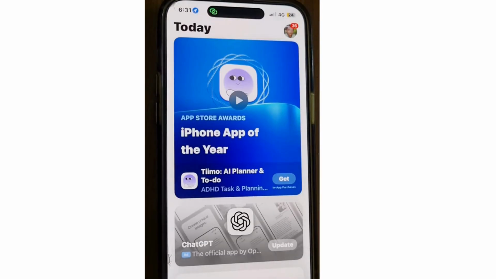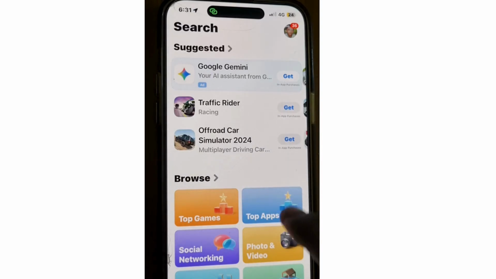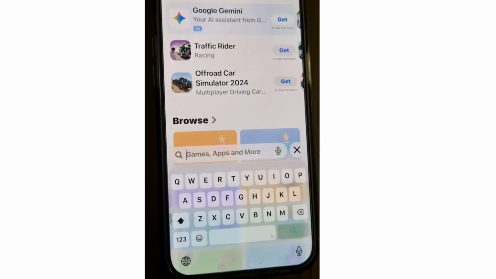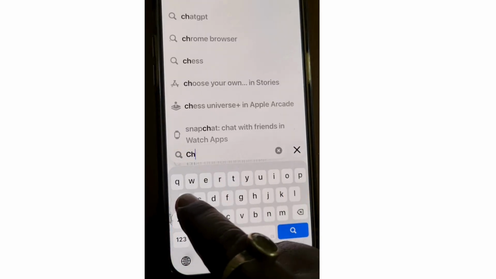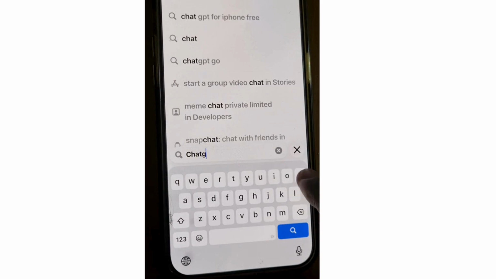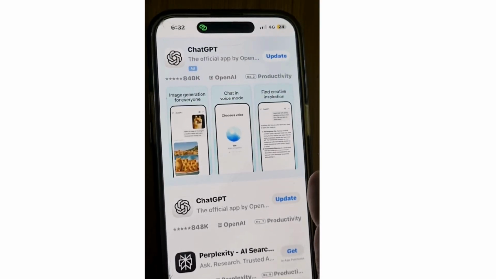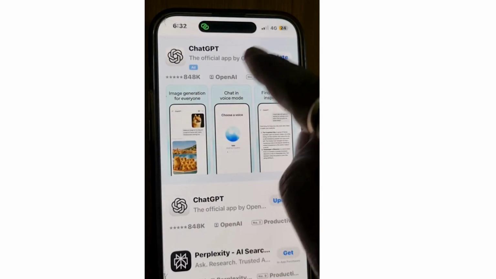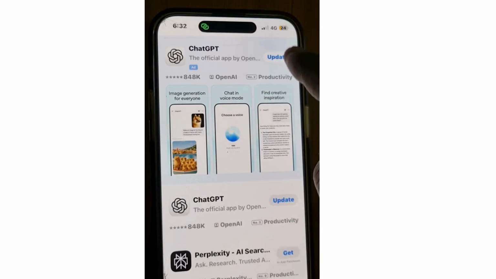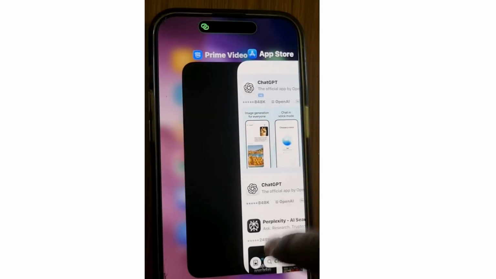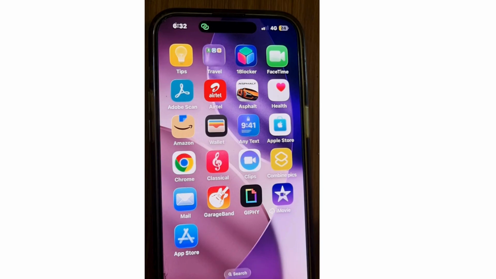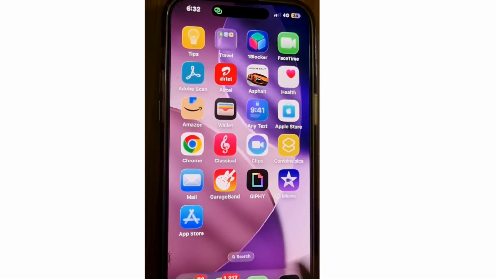Here, go to the App Store and first download the ChatGPT app on your iPhone. Simply look for ChatGPT, search, and download and install it on your system. Once successfully downloaded, open the App Store and search for Chat. Thereafter